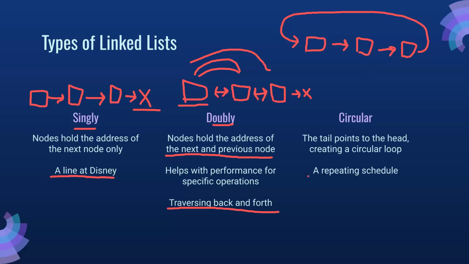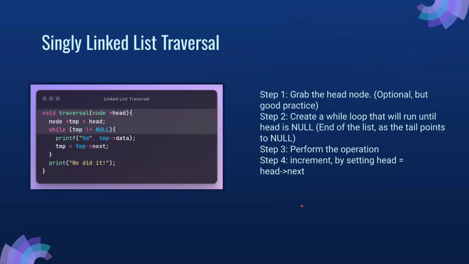The biggest use is something like a repeating schedule. I'm pretty sure CPU schedulers or stuff like that can use some sort of circular data structure. In our case, I'm not entirely sure how much we need to know this, but it'd be good to know conceptually anyways. The best way to traverse it, to my understanding, is to hold a copy of the head and then loop until the current node you're on matches the memory address for the head. If you're wondering, because I know that was a question I had, huh, okay, that's neat. So yeah,